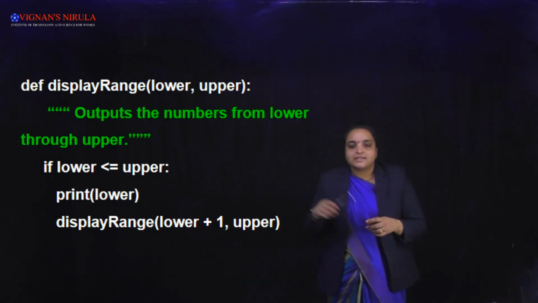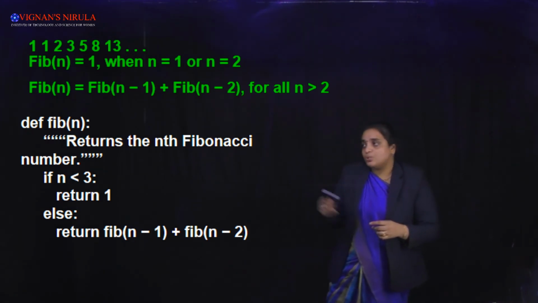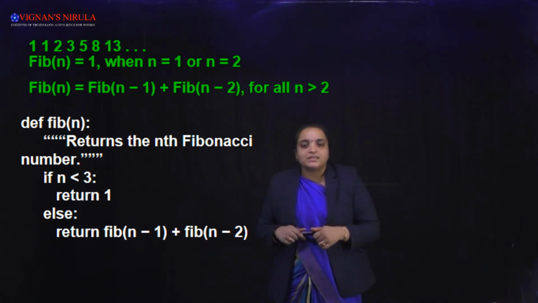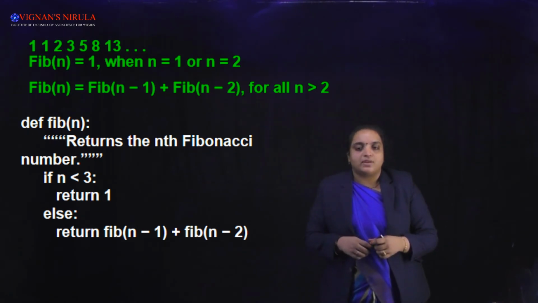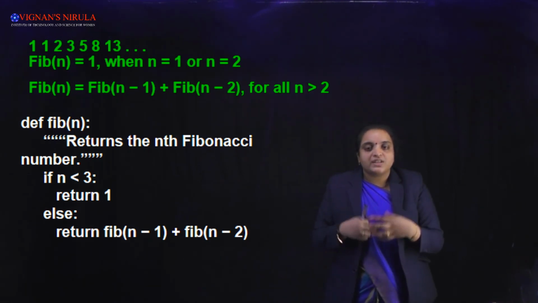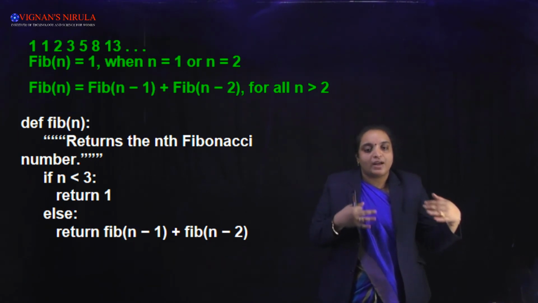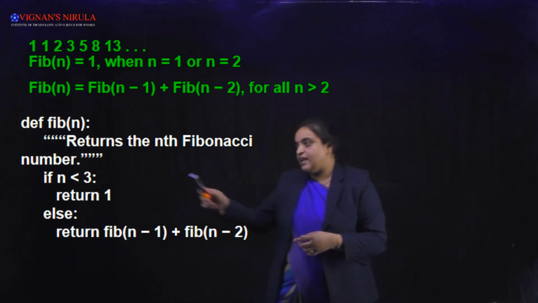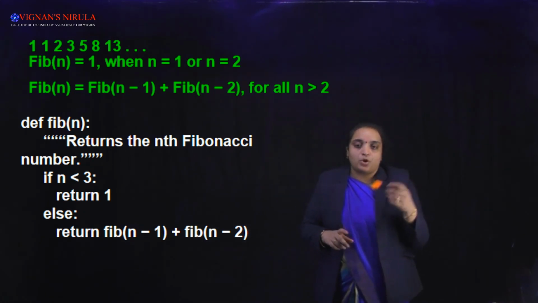Let us see with an example. As you know very well, the example is the Fibonacci series. When you want to generate the nth Fibonacci number, what will you generally do? We generally check from the first iteration up to that iteration where we get it. So see here, we have created a function fib of n which returns the nth Fibonacci number.